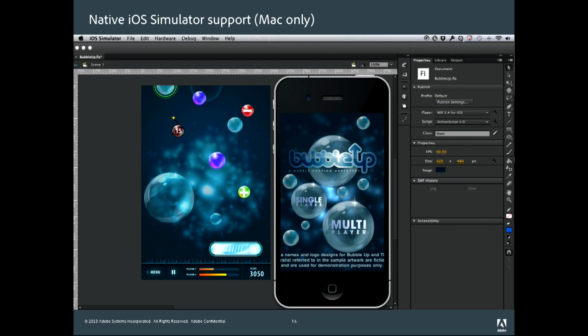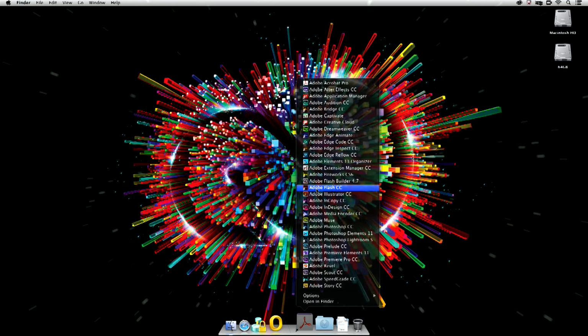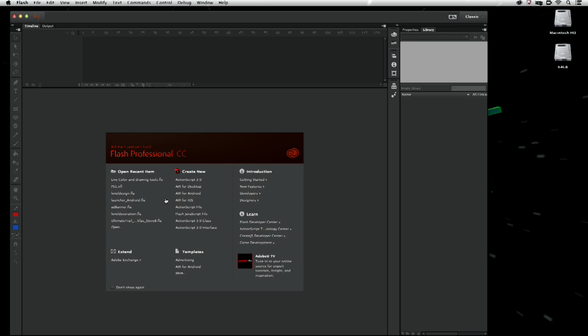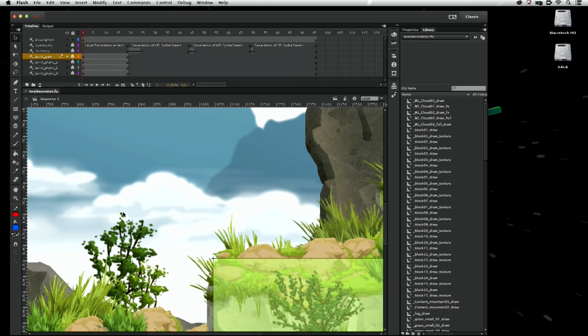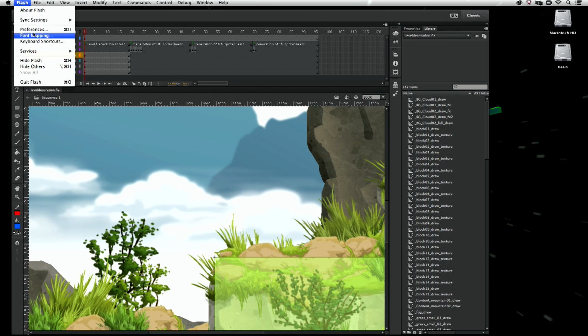Okay, so let's go in and show you one or two of these things in action. Let's just go to Flash. Okay, let's open up a couple of files here. Okay, so just a few things to show. First of all, let's have a quick tour around the interface. If I go to Preferences,